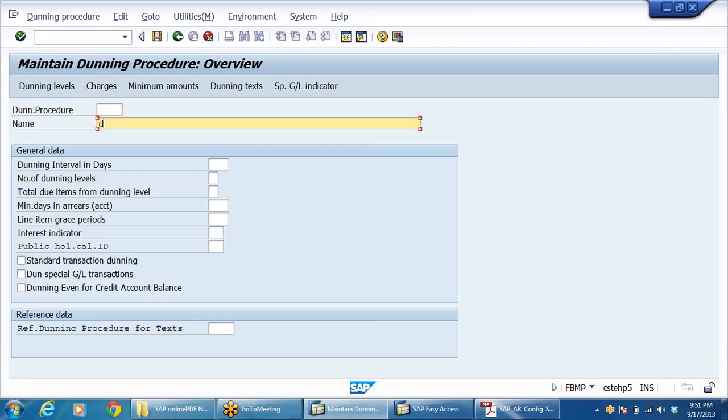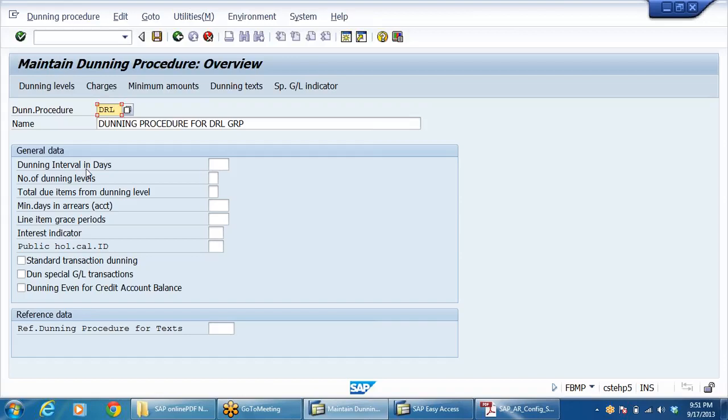In the explanation part, I enter dunning procedure for DRL group. So I can define a total dunning procedure for the group. Any company code can use this procedure. The procedure name I'm giving is just DRL.